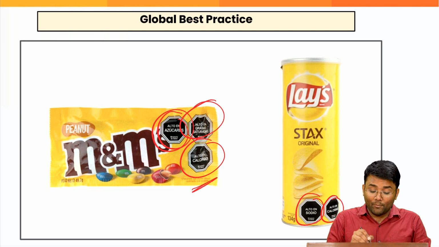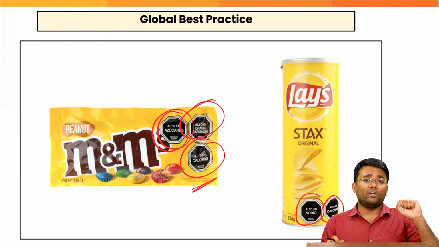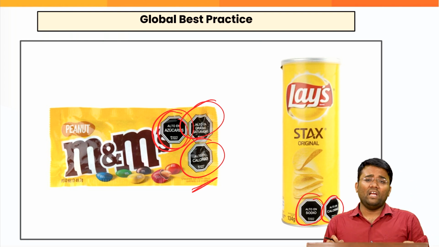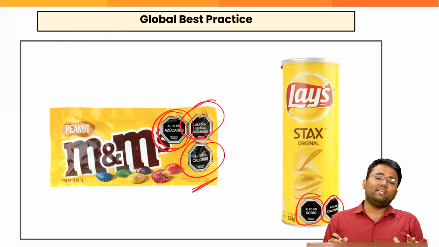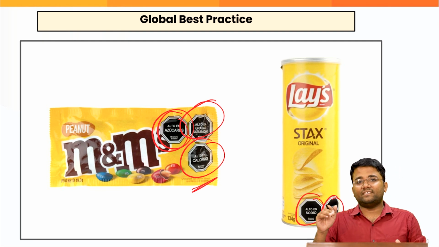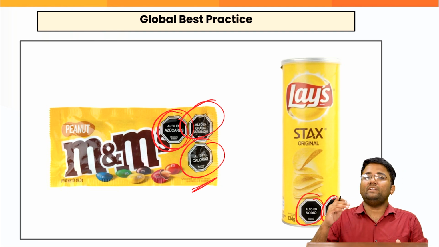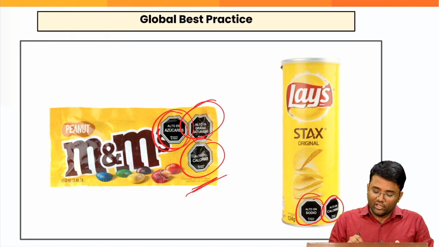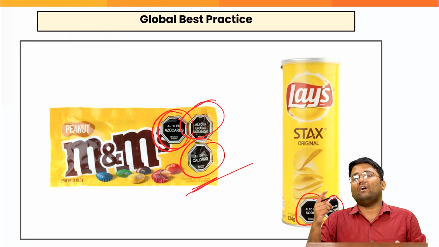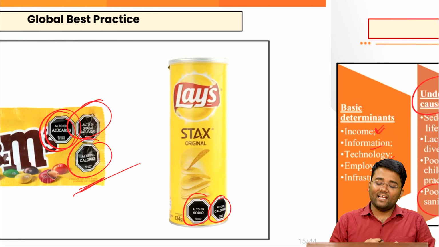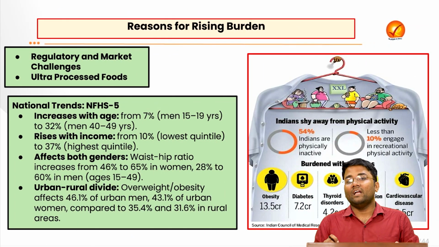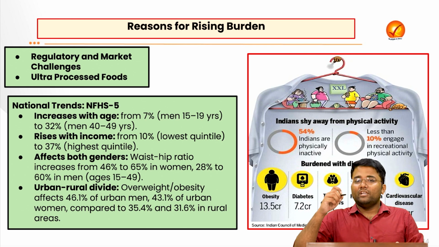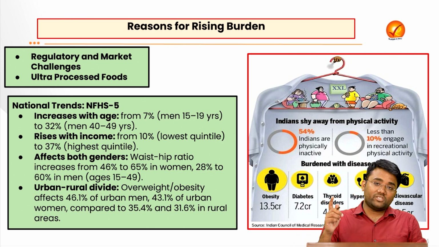So there is a need for proper regulation. For example, on tobacco products there is a big picture of cancer. There is a proper warning, and various studies have been conducted which have given an idea that all these things have helped in addressing the issues of tobacco use and tobacco prevalence. That is the reason if these kinds of warnings were there on food products which have high salt, high sugar and high fat content, it could help ensure that the intake of these food products decreases and people shift towards better, nutritious and healthy choices.